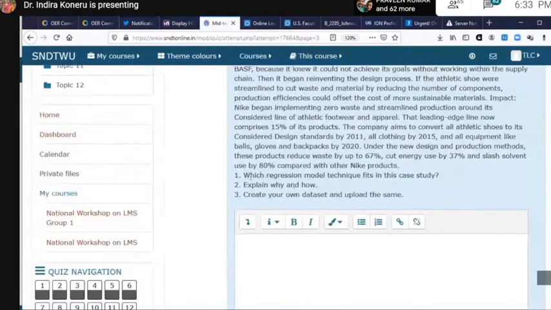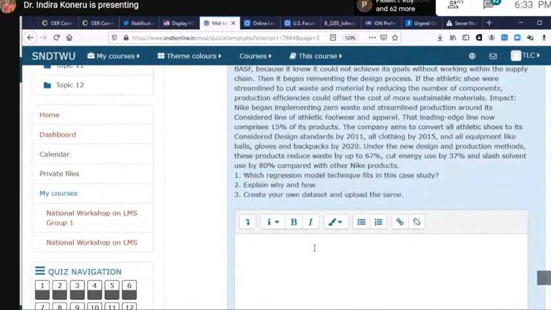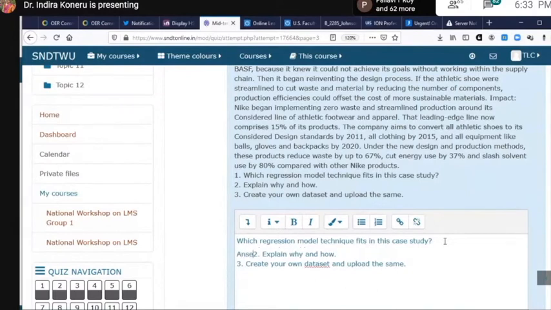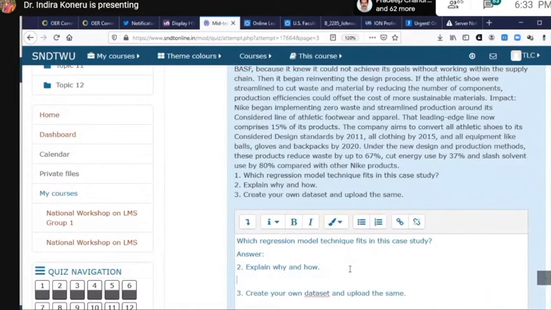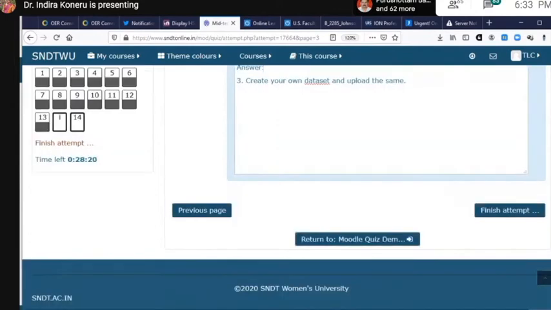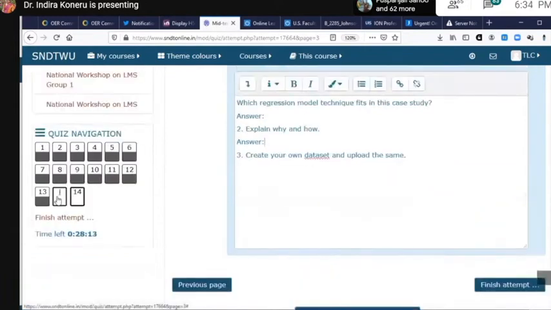So which regression model? So I need to answer for this. So a student needs to copy and paste all these and answer one by one. But right now I don't have an answer to this. Assuming that the student wants to finish this. See, even in the navigation block here, it is showing this instructions page or description. So this is not actually a question.